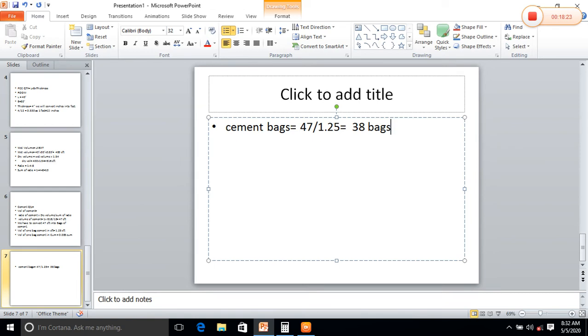Okay, and the weight of one bag of cement in Pakistan is 50 kg. Okay, weight of one bag of cement in Pakistan is 50 kg. So we have found the cement quantity in bags. Now we will find